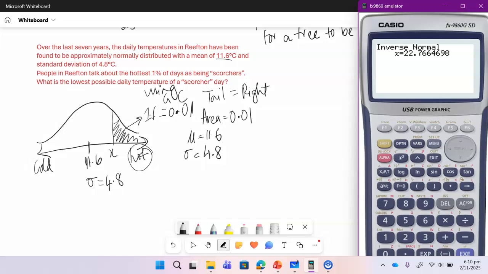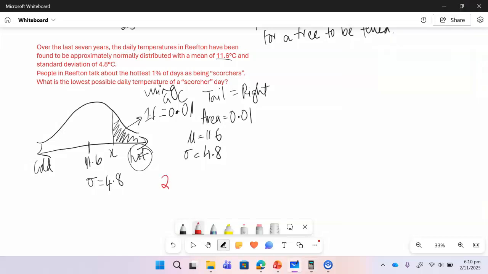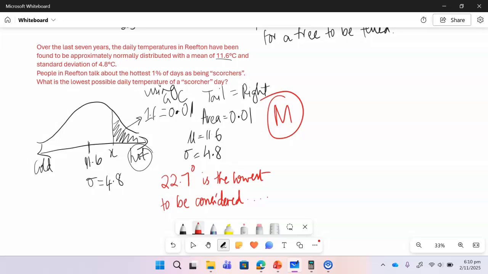That gives 22.7 degrees. A scorcher day, blah blah blah. Okay, you get the idea. So that's one variation of, once again, this is a merit question. That is one variation of an inverse